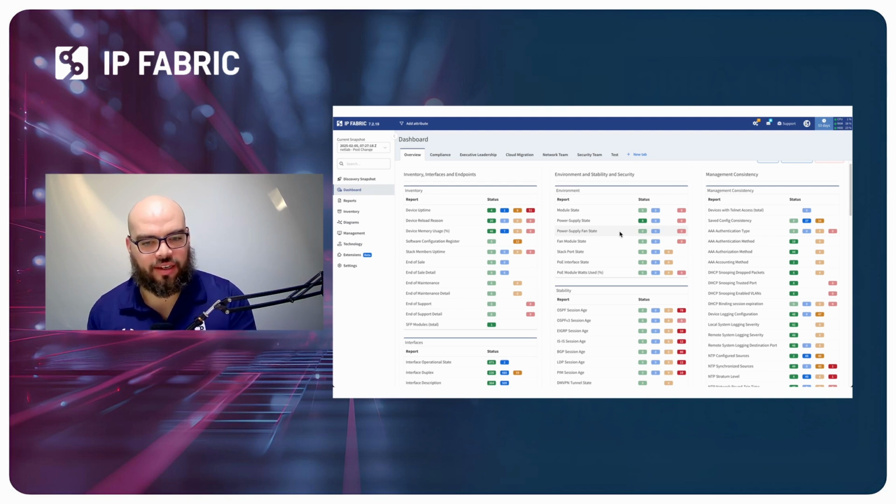What you're looking at here is the dashboard. It's the very first screen you're going to see after you run a snapshot. That's the discovery process for IP Fabric. And what we get on this screen is a bunch of green, blue, yellow, and red check marks. Think of them as quality control. We call them intent checks at IP Fabric. Now, these intent checks generally speak to a violation of compliance in the infrastructure,